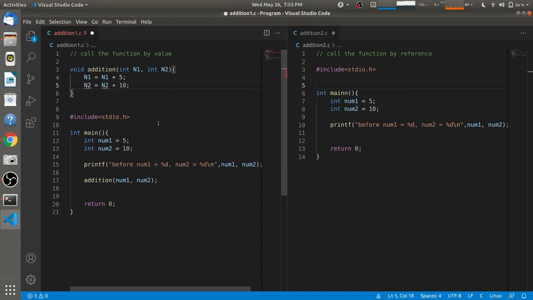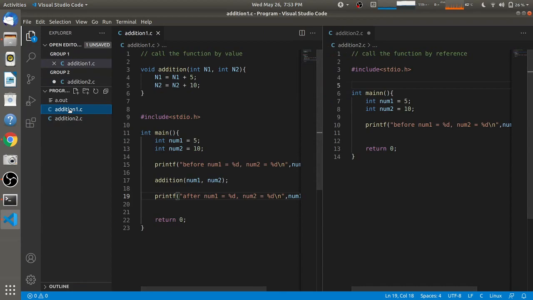So after calling this function, what we expect is that we should get num1 as equal to 10 and num2 as equal to 20, as we are adding 5 and 10 in these numbers respectively. But we'll see what happens. So I'm going to save this, and I'll open this file in a terminal.